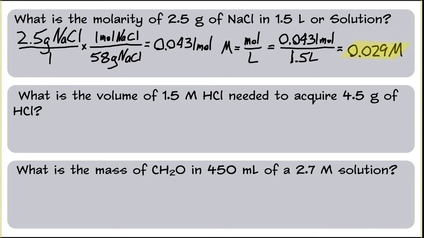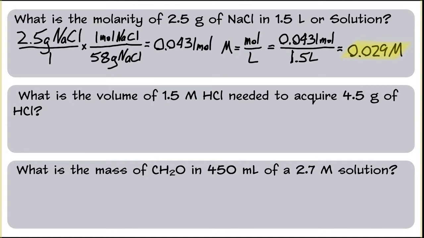Notice, in my final answer, I have just 2 sig figs, because that's all I'm allowed. The 2.5 and the 1.5 have only 2 sig figs. However, when I was computing the moles, I held on to an extra sig fig, so I don't get any rounding errors. Okay, the next question is asking, what is the volume of 1.5 molar HCl needed to acquire